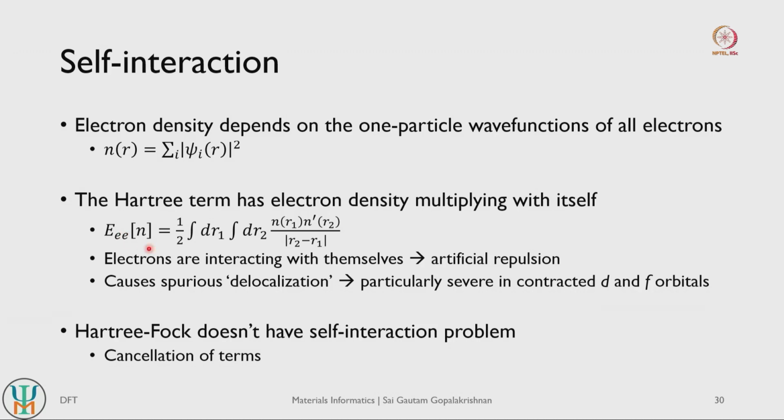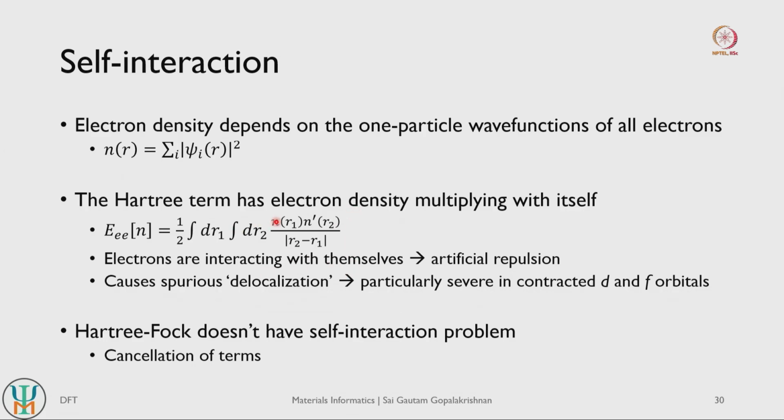So you see that in evaluating this electron repulsion term, your density is interacting with itself, right. These two are the same variables, just physically separated, which implies densities are interacting with themselves, and density at a given point can come because of electrons at R1 but also because of electrons at R2. Same thing the other way around: the density at R2 can come from electrons at R1 as well as electrons at R2. Since you are just multiplying density with density, the electrons that contribute to the densities can end up interacting with themselves, right.